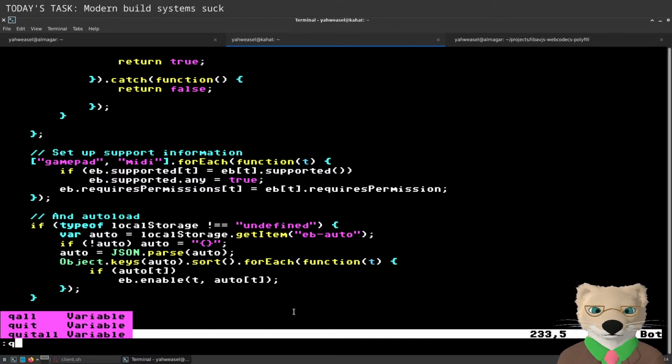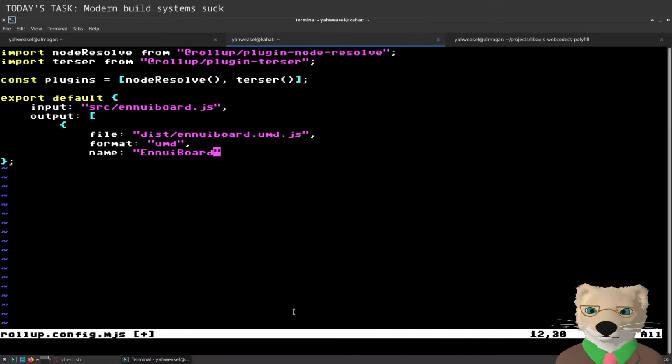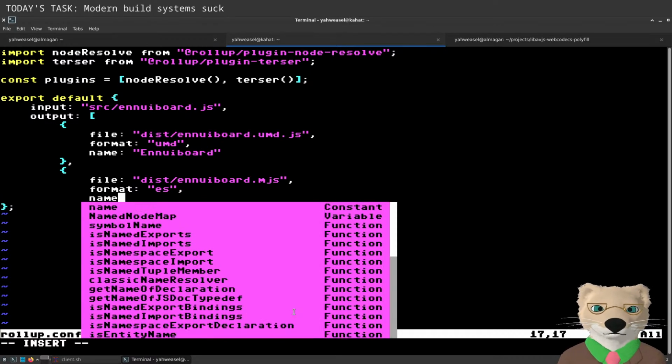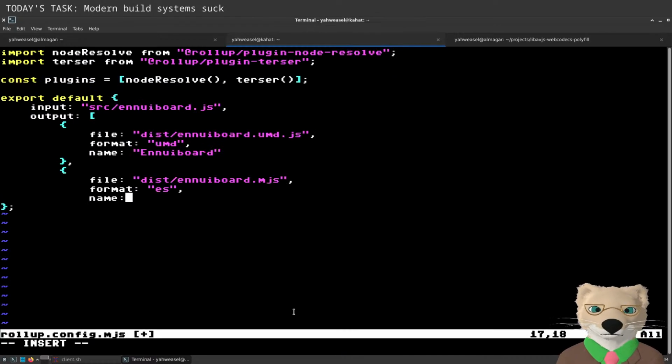Because this will be return EV, yeah, okay. I just really want it to be a bard, what can I say? Okay, yeah, the format is ECMAScript. I shouldn't need a name for format ECMAScript, of course.